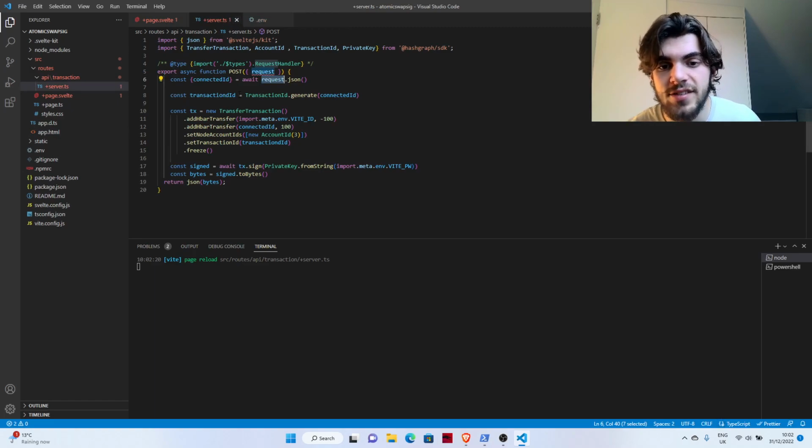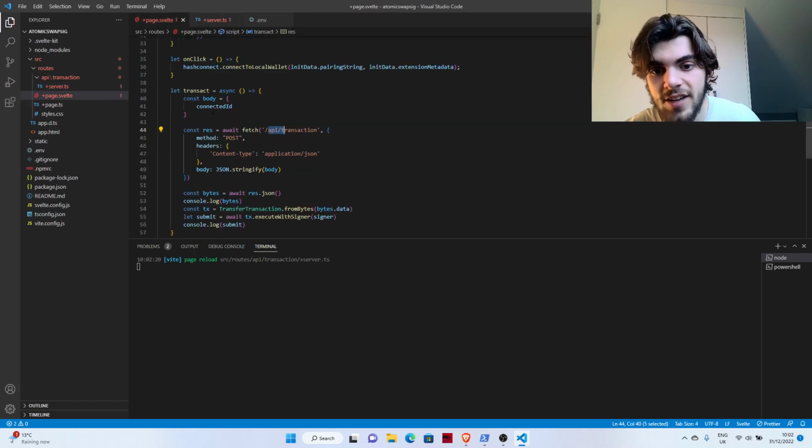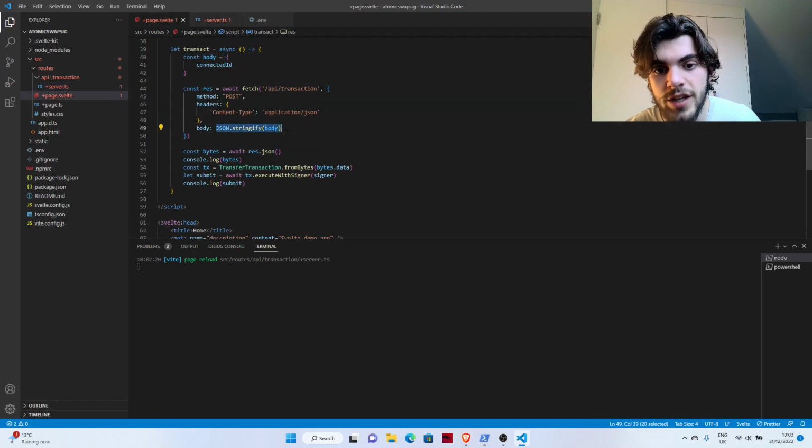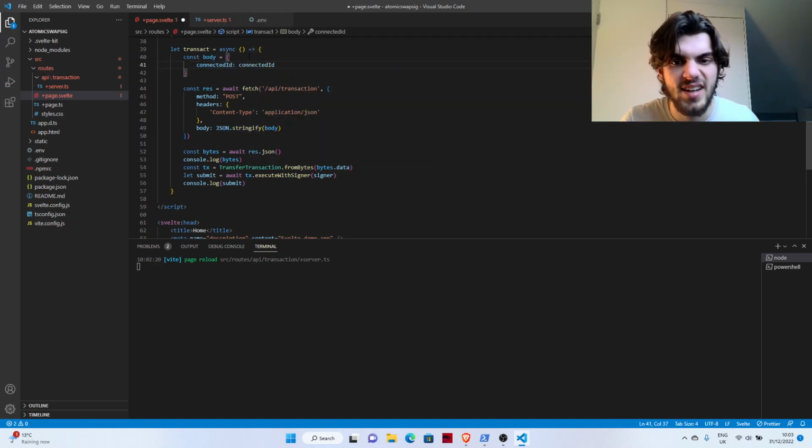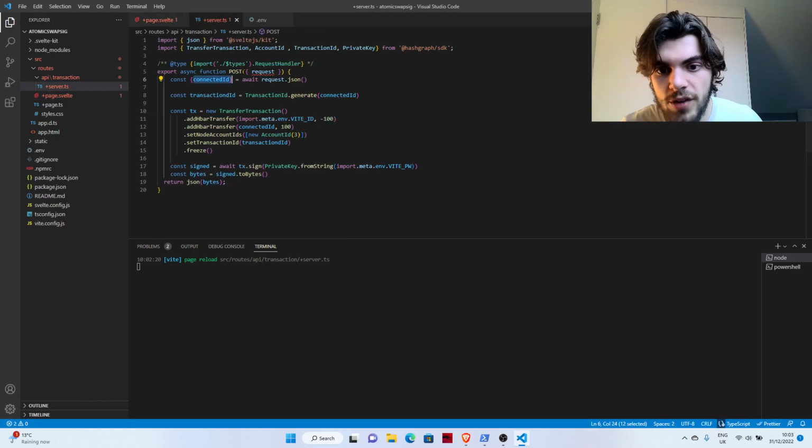Nonetheless, back over to this server side of things, we are going to be taking in the connected ID. That's because that's what we're passing it. We're stringifying it in JSON format. So it's going to be like connectedID is connectedID, basically. This is just shorthand for it. Now we're passing that in. We're then